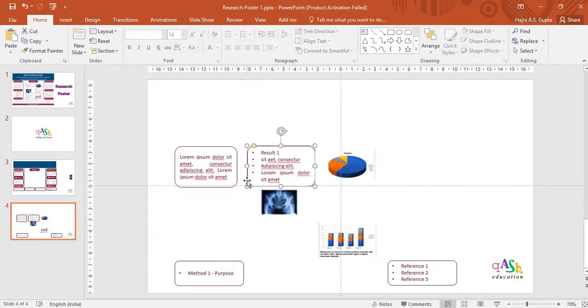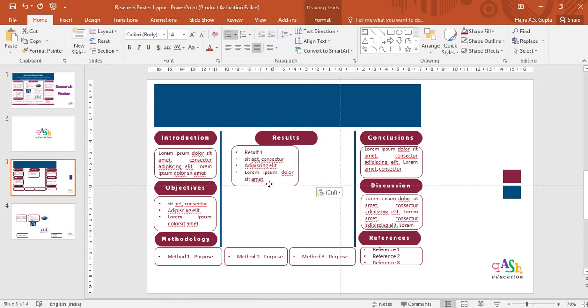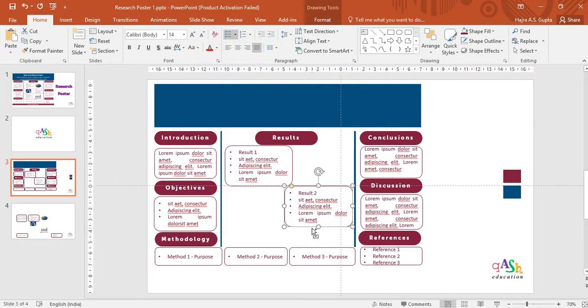Now I'll take the result dialog box again and place it here. Okay, so you may have 1, 2, 3 or as many results as your methods are. Now according to the format of this poster, I have adjusted them alternately.